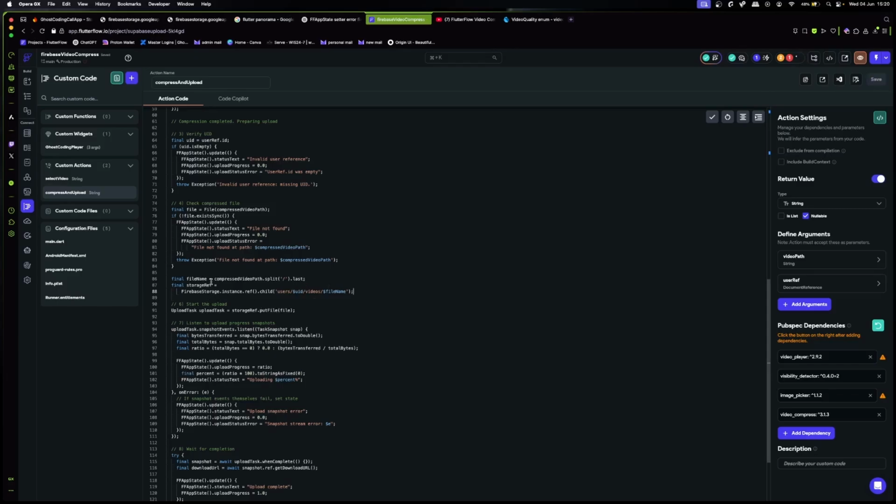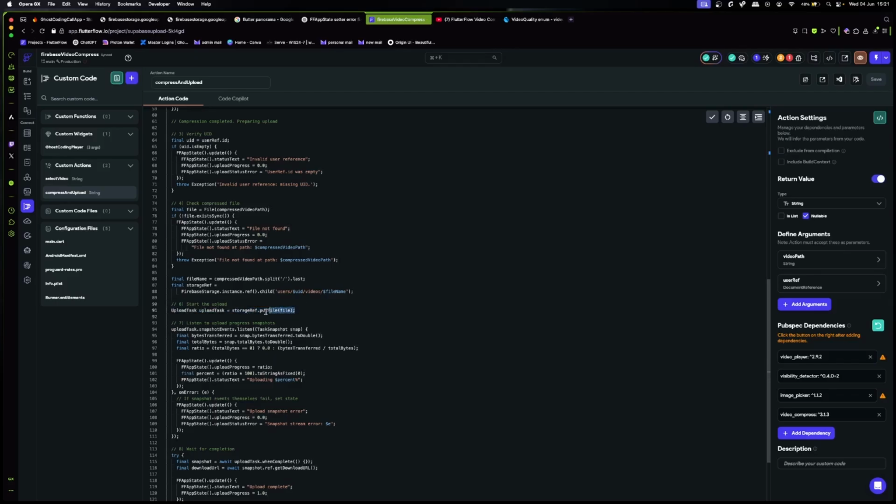And from here, we can say the Firebase storage instance is child users, the UID of the user, which we specified here. Going to send it in a folder videos, and then add the file name. Now, if you don't want a folder, all you have to do is just remove that, right? I do like to keep things a little bit more ordered, so I'm going to have it in a folder of its own set as videos. Then after this, we need to start the upload task, right?